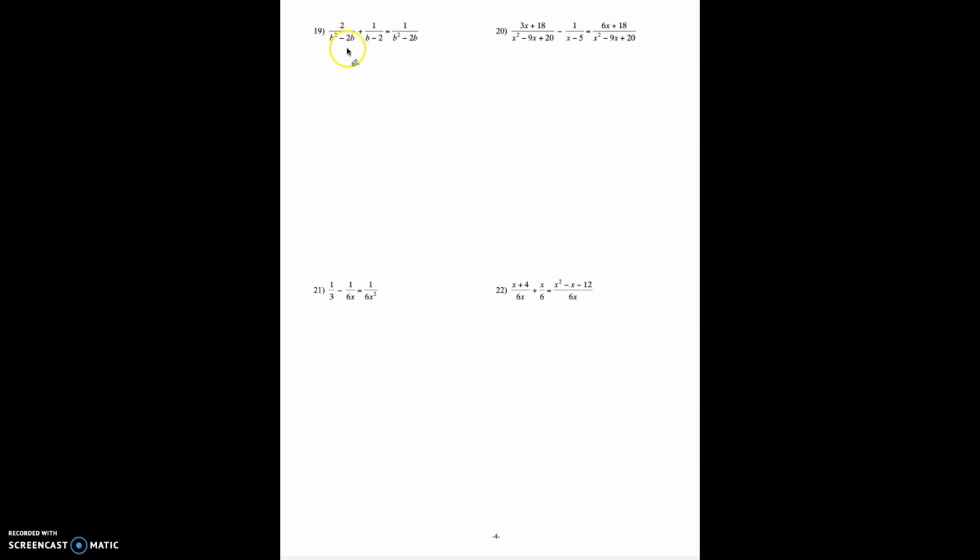Last page of the review, and good news, no word problems here. Now, number 19 is one I'm going to do with you, and 20, and then you're going to do the last two on your own. So for number 19, first thing we're going to do is factor out those denominators because we